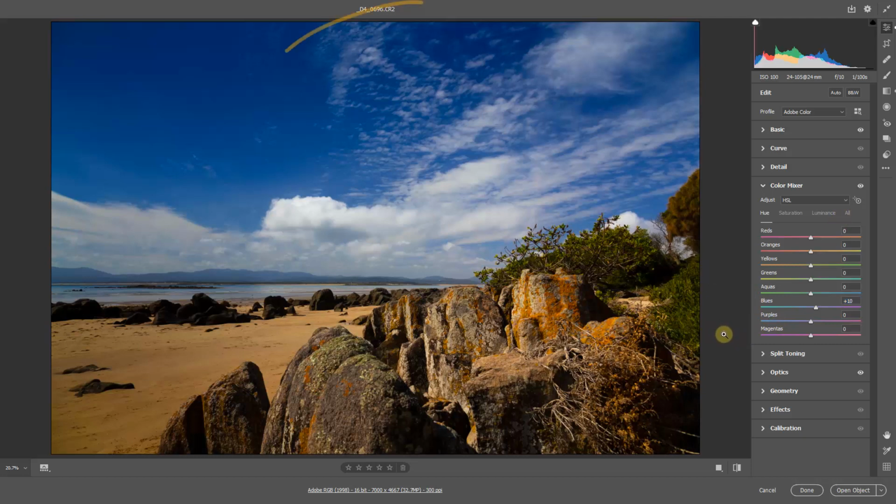If we look up at the centre top of the screen, we can see that the saturation I've put into this image in the Basic tab is now beginning to bleed through those white fluffy clouds. Now that's not quite right, and it's really telling us that there's too much saturation on the blue. So if we come down to the colour mixer and I select my saturation tab,